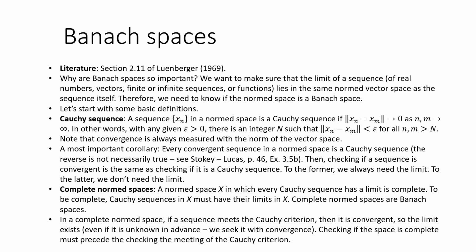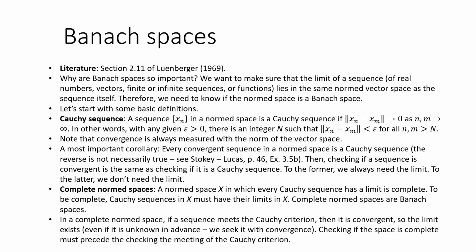In other words, we can reformulate this criterion: for any positive epsilon, we can find an integer capital N such that the difference between any two elements of the sequence lying over this index,